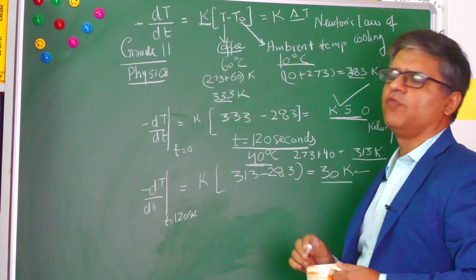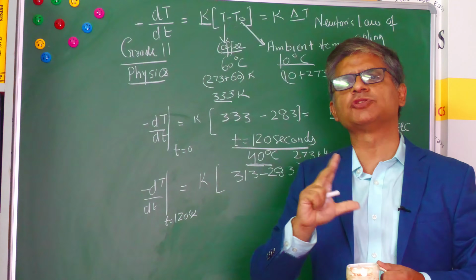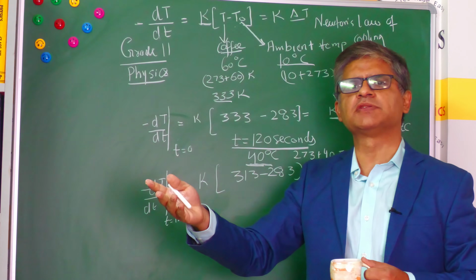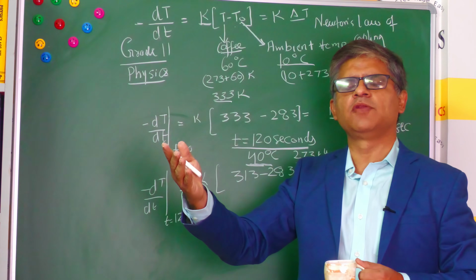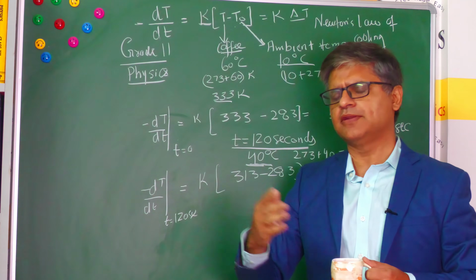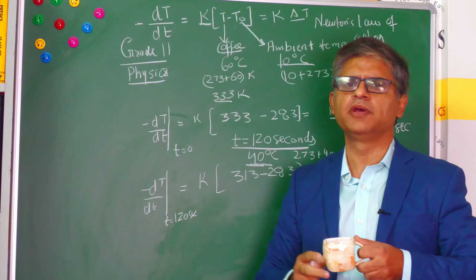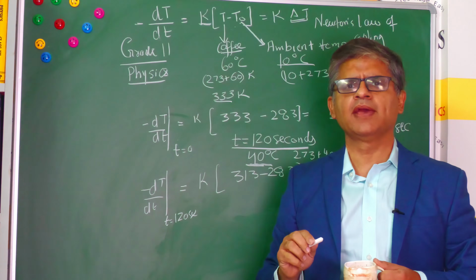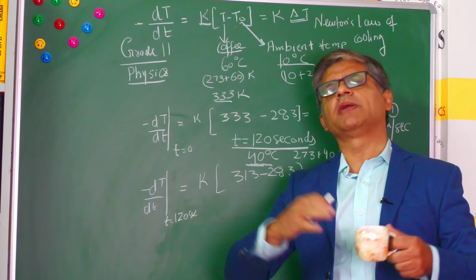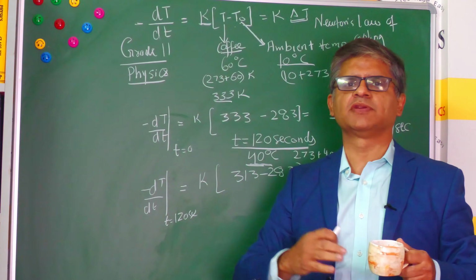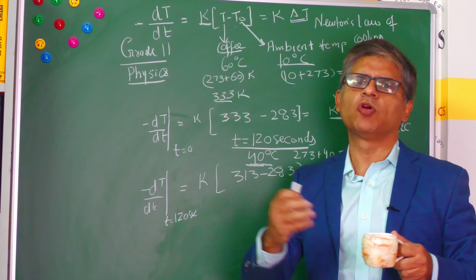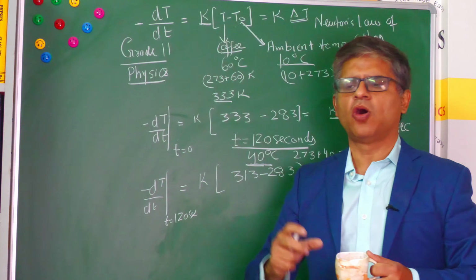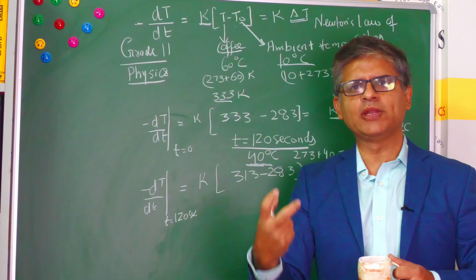And just to be clear on when to apply this, this is generally applied in situations when the temperature difference between the environment, which is what we refer to as the ambient temperature, and the temperature of the body, something like hot coffee, is not very large. So this delta T should not be very large, okay? But if the temperature difference is very large between the two bodies, for example, the sun and earth, and we want to find out the rate at which energy is coming out of it, or the rate at which the sun is cooling down,